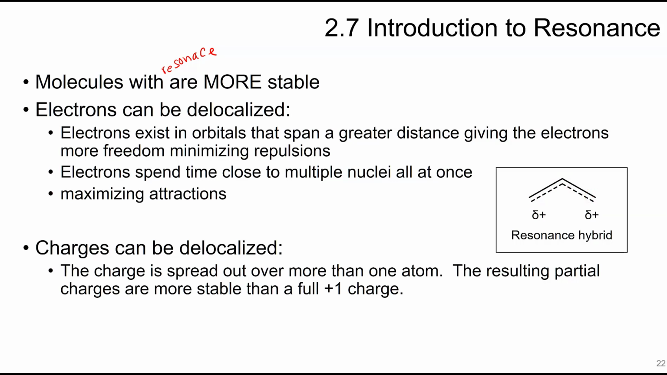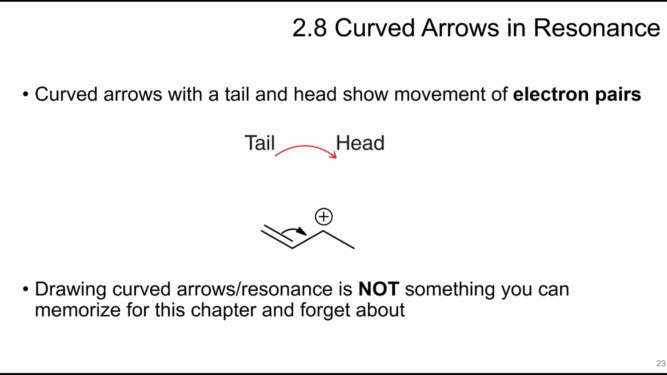Charges can be delocalized. So the charge is spread out again over more than one atom, and it results in a partial charge as opposed to one actual formal charge. The way to represent resonance is that we use curved arrows, and that shows electron movement or electron pairs moving. Usually we start with a lone pair electron, and that starts at the tail. So this is your lone pair,